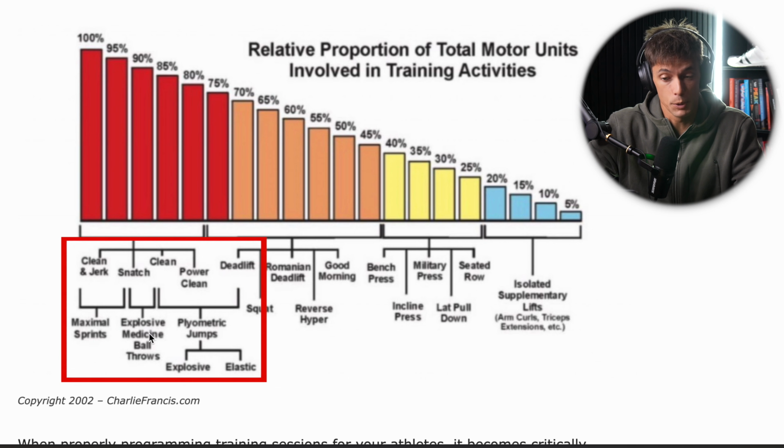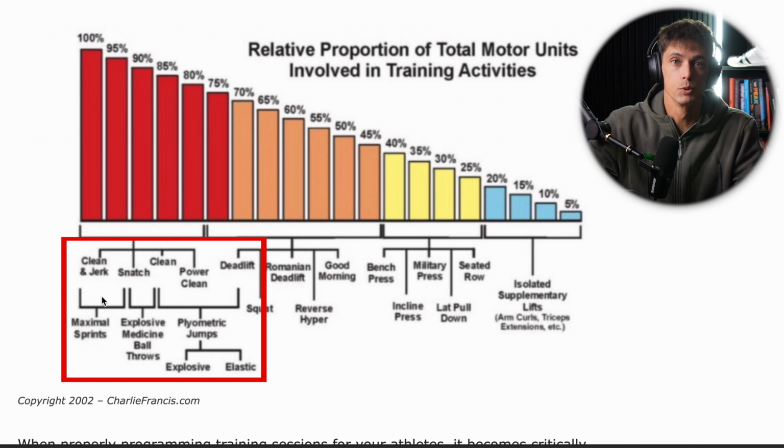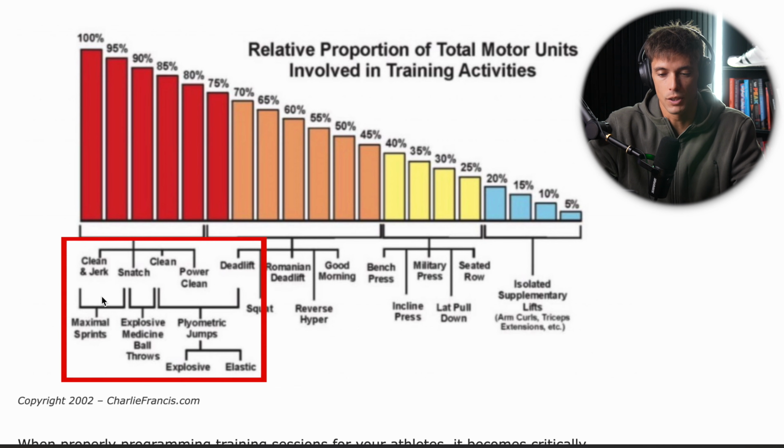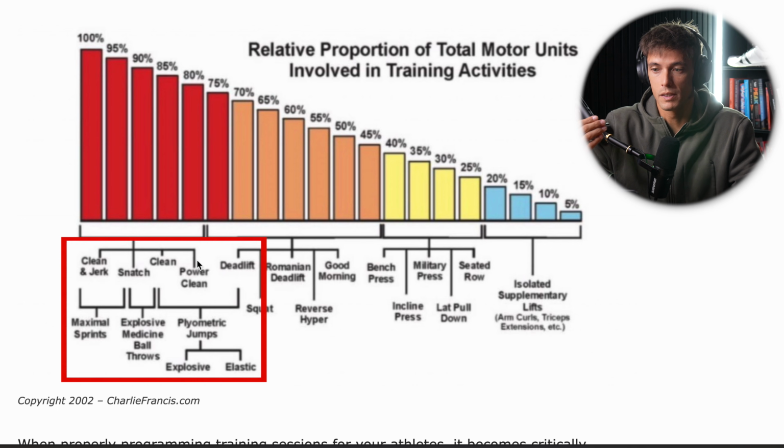Plyometric jumps, explosive. They also put that in there just to make sure, right? Medicine ball throws, max effort sprints. You see that's all the way in the 100. So max effort sprints is one of the most central nervous system taxing exercises out there. Clean and jerks, right? These are Olympic power movements that are very taxing as well, because they're like a high strength bout in combination with a high power bout. It's a true max effort bout, because each time you're moving the bar as fast as possible, whether it's 100 pounds on there or 400 pounds, you're moving it as fast as possible. So it's a max effort bout.